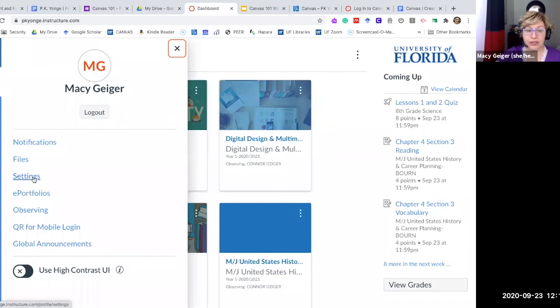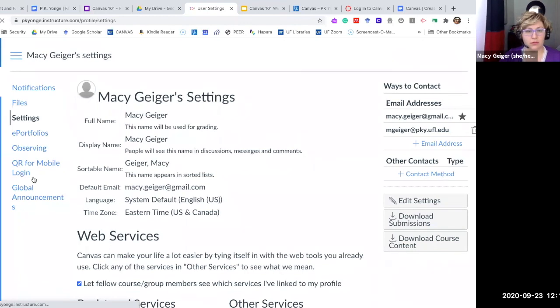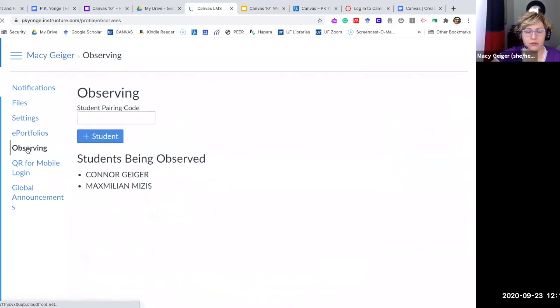You're gonna go to settings. Oh, yep, sorry. And I think it's observing. Okay, so right now it says these are the two students that I am observing, students that are linked to